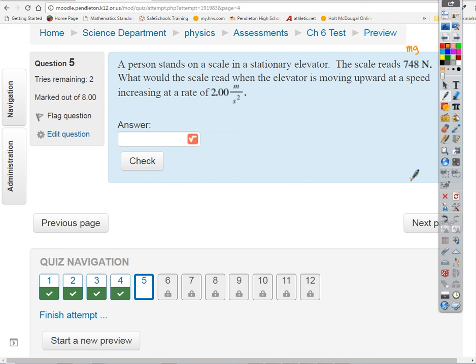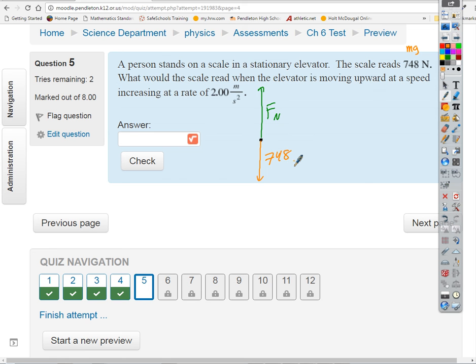What would the scale read when the elevator is moving upward at a speed increasing at a rate of 2 meters per second squared? So the invisible hand would be pushing upwards, right? Okay, so if we drew the free body diagram then, we've got normal force pushing up, and that's what we're trying to solve for, right? The scale is actually measuring normal force. How hard is the scale pushing on us, right? So we got normal force up, and downward we've got the weight. I'll go ahead and just even put in the magnitude. We know it's